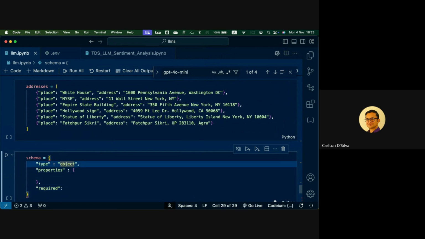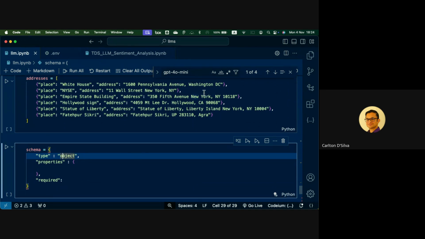Because in a schema, you may have many different types of items in your schema, right? So if you think about this, we want to get structured data out of this. We may, for example, have an object that deals with the details about the state. We may have an object that deals with the pin code. We may have an object that deals with the state name, city name, any number of things, right?